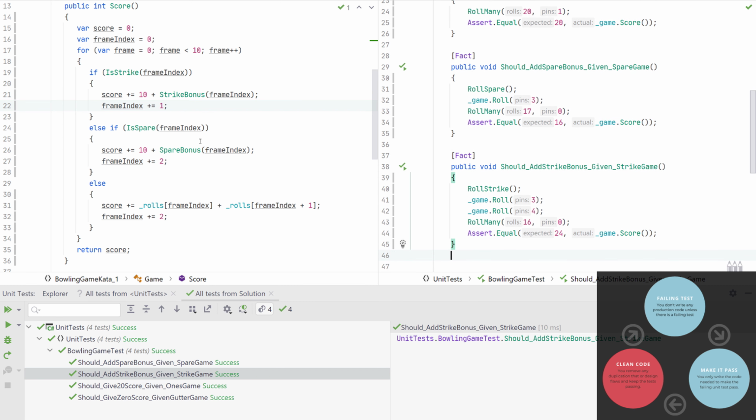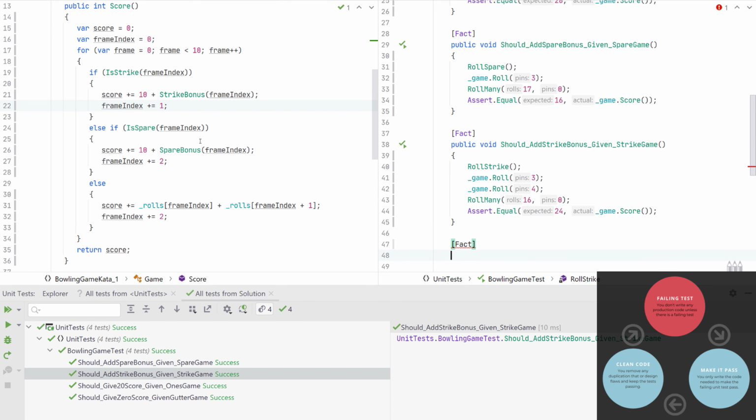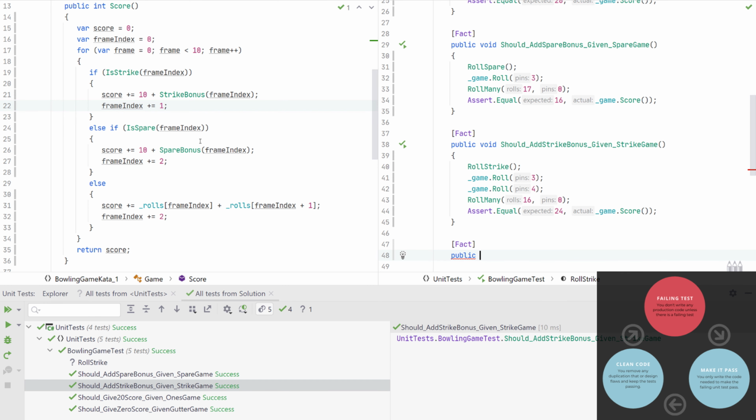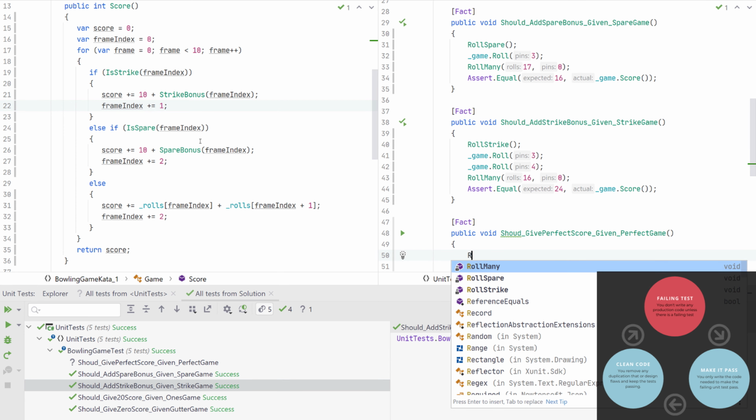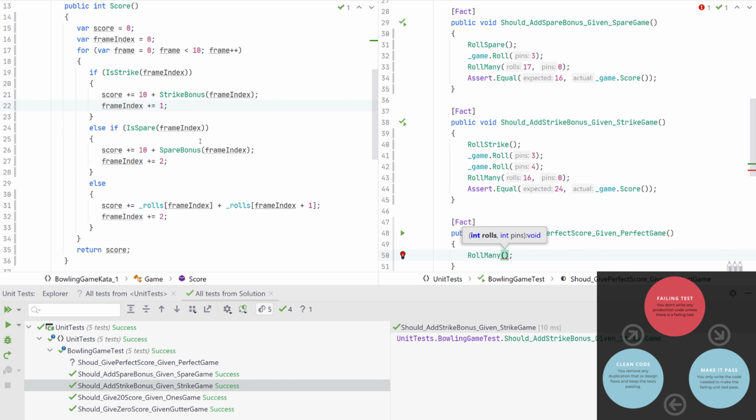So the final test I'm going to create is to make sure that we can handle the perfect game. So I'm going to roll all strikes in the game.